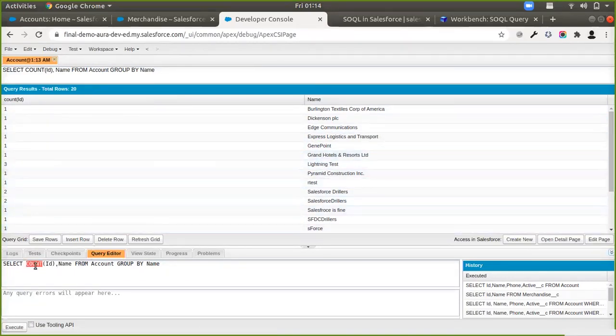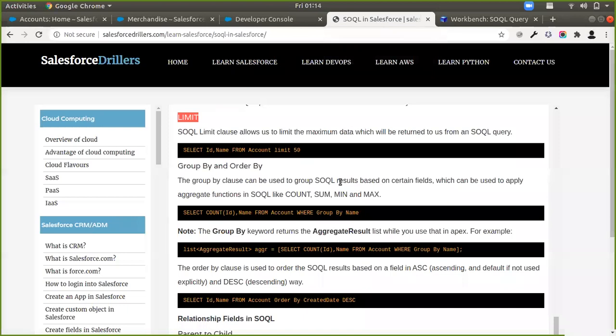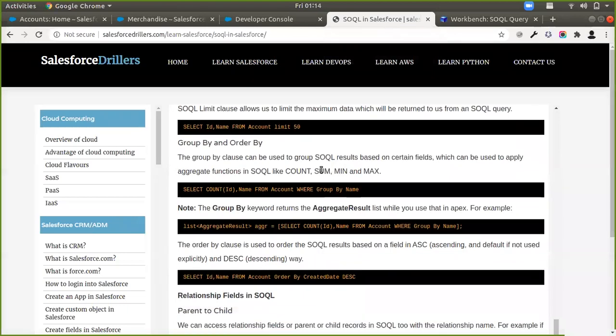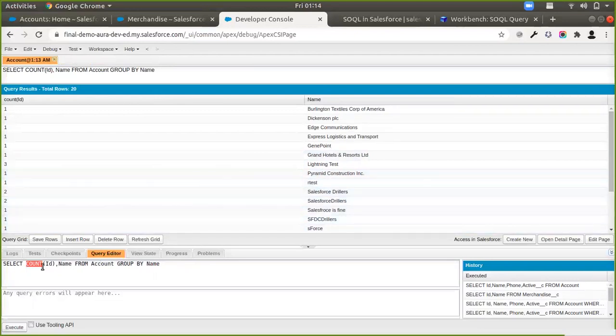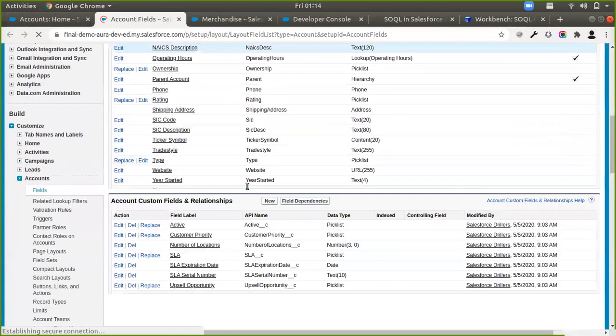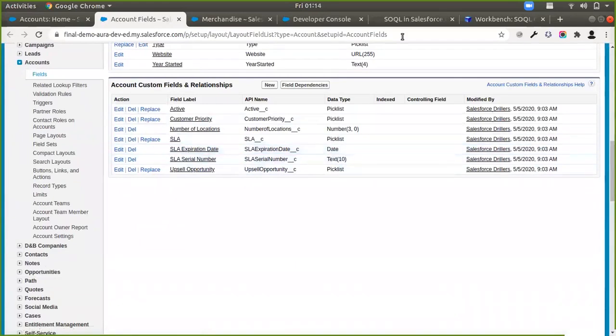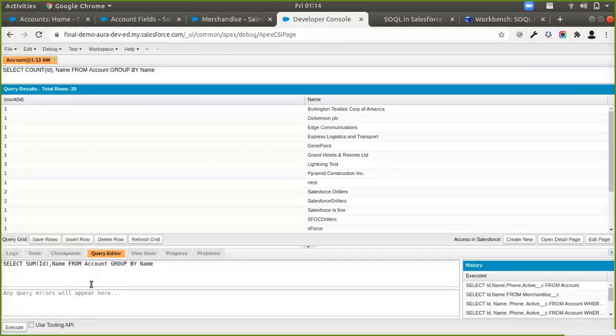Just as you use the count, you can also use other functions here, like min, sum, max, all that stuff. So I can actually do sum here from the account, maybe sum a number field. I don't have one, but if I had, I could just sum that field. This is how you use the group by keyword.